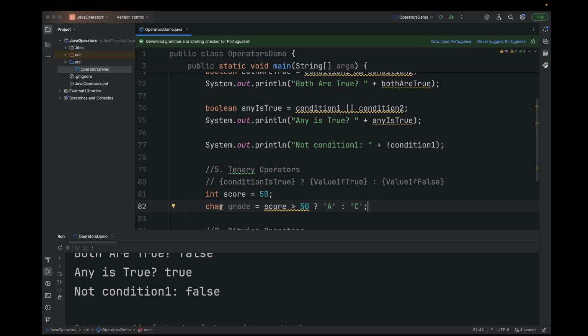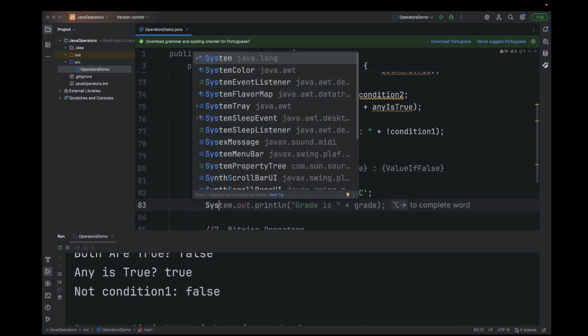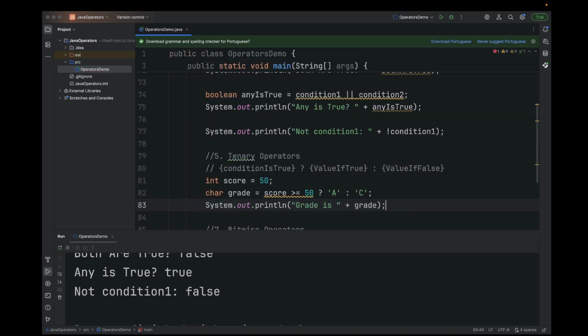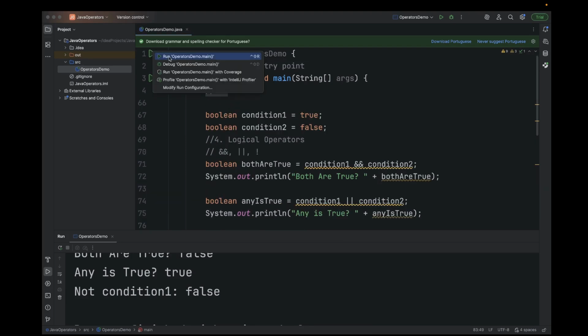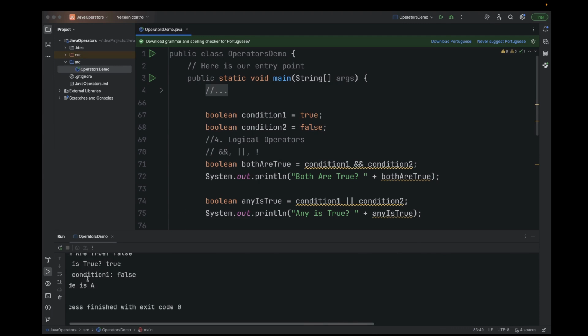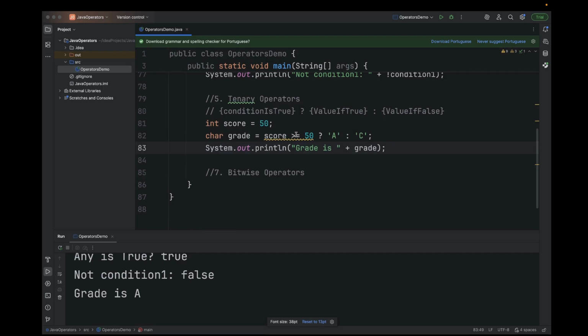Exactly. So what it's going to do here is this will check if it is greater than or equal to 50. If it is greater or equal to 50, we are going to have A as our grade. Else it is going to assign C as our grade. So let's print out the result and see what is going to show. System.out.println grade is. Alright, let's run this program. You can see that our grade is A,